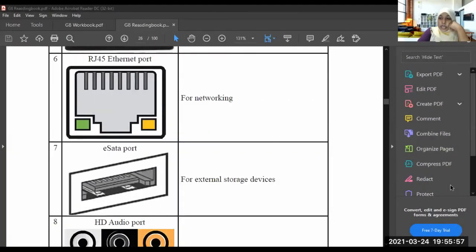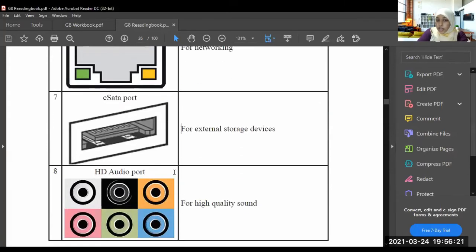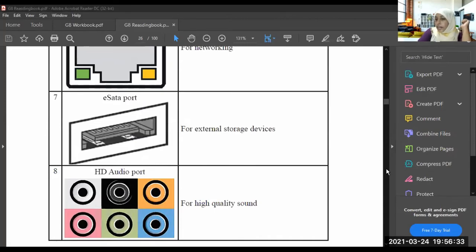Okay. There is another port called eSATA port. The eSATA port is used to connect storage devices, external storage devices. You know external storage devices. For an example, like external hard drive. There are external hard disks, right? So these devices are used to connect to the eSATA port. Yes, Ethernet port comes in laptops, also in desktop computers.